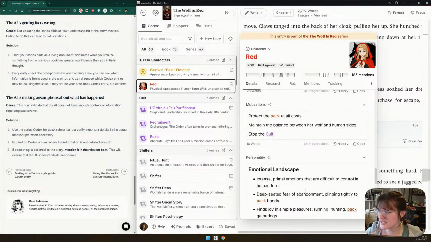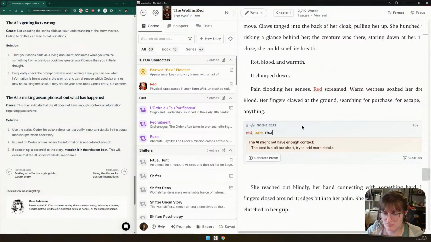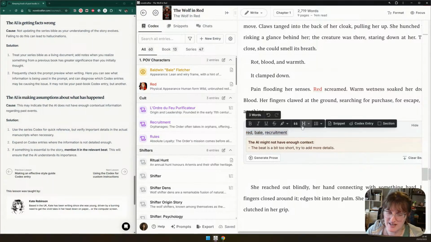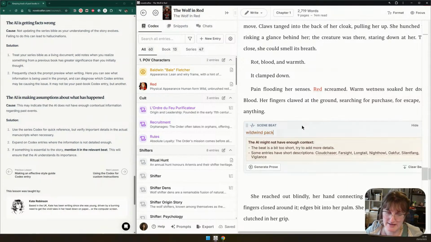Does the AI use keywords to build story, or do you need to add a relation? So the AI takes in mentions. So I mentioned red, so maybe red, bail, recruitment, and then those Codex entries are brought into the context. But if I did the Wild Wind pack,